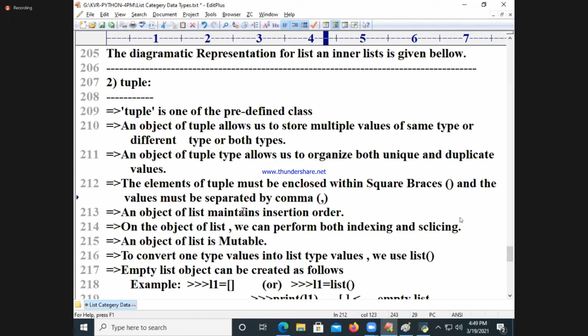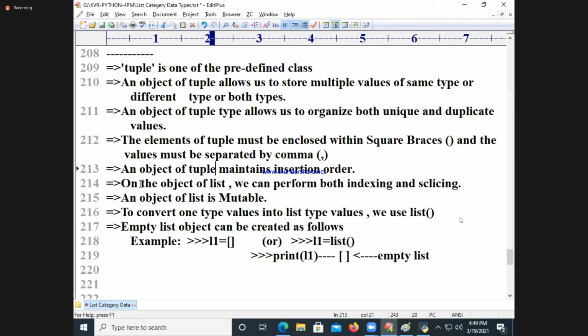An object of list maintains insertion order, the same for tuple. An object of tuple maintains insertion order, and we can perform indexing as well. Next, tuple is immutable. That's very important.